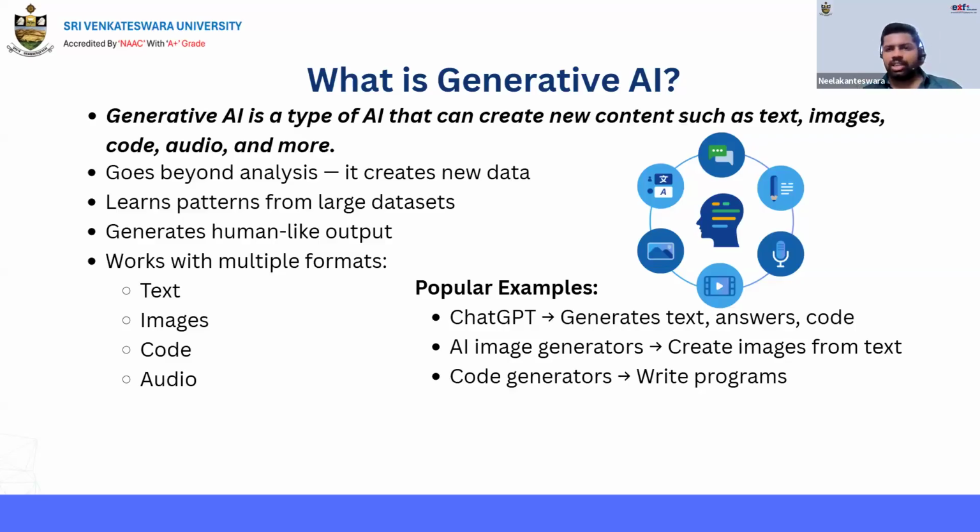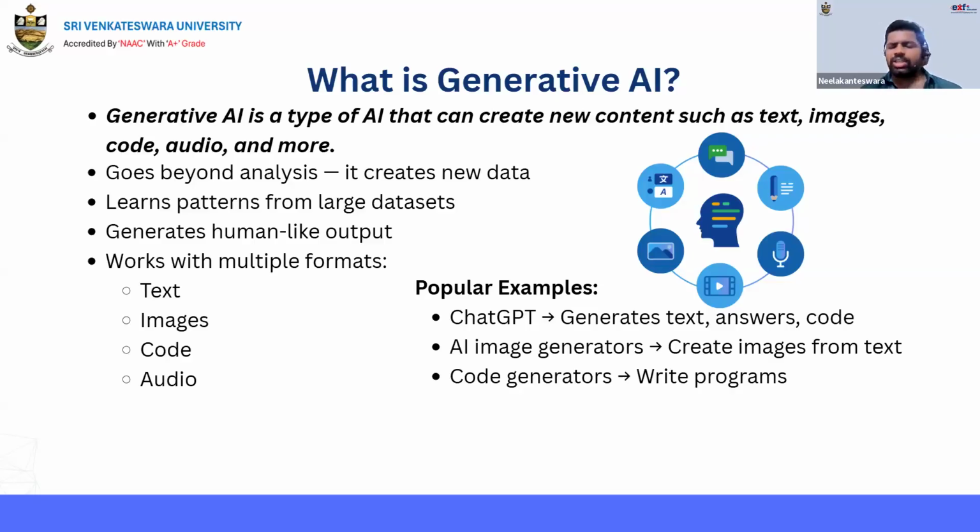Suppose you want to implement a login system. You just ask ChatGPT to generate Python code, or whatever language you want. Here I will go with Python. So you ask it to generate Python code for a login system, and it will generate the code. Then you check whether anything is missing, like any validations missing, or maybe database connections missing. Just tell it to add validations, add error handling, or add a database connection.